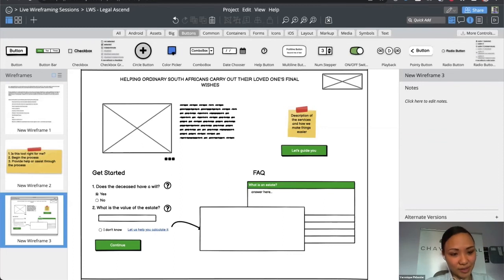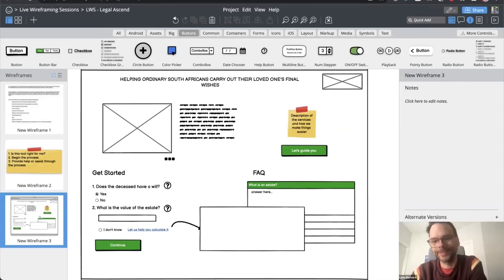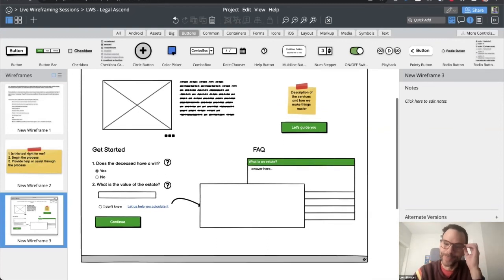I don't know, because here we would then have the get started, and I'm assuming if you press continue, it would be like continuing with the process, or maybe getting into the app itself. So I don't know what your thoughts are in terms of specifically the call to action buttons. Yeah, that's a good question.